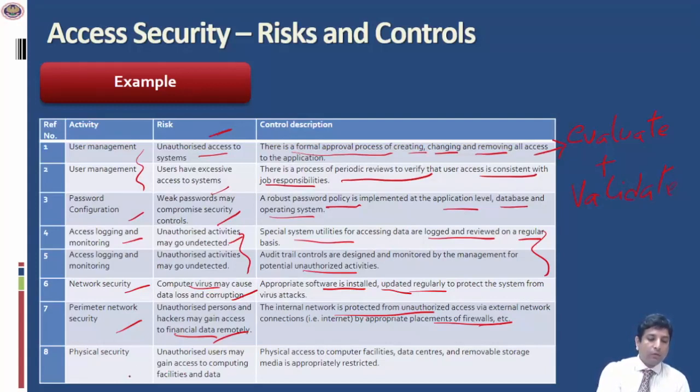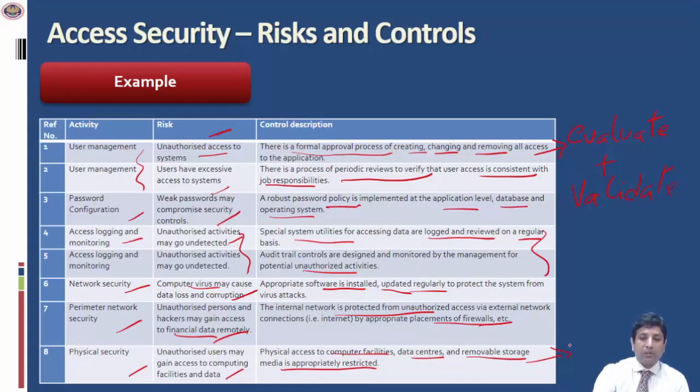Physical security. What can go wrong here? Unauthorized users may gain access to the computing facility. Is it possible that somebody can just walk into the data center and tamper with the equipment there? So certain controls need to be implemented for computing facilities, which include the data center, and also the storage like backup tapes or disks which can store the financial data. These need to be appropriately restricted. It is also likely that these storage devices or equipment should be protected from other environmental hazards like fire, smoke, etc., or even dust for that matter.